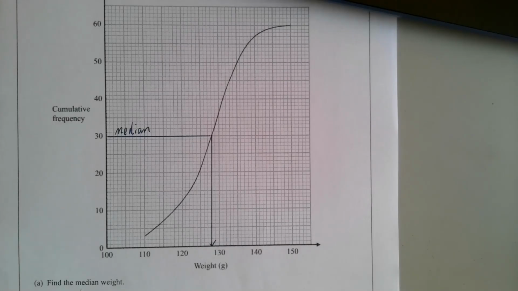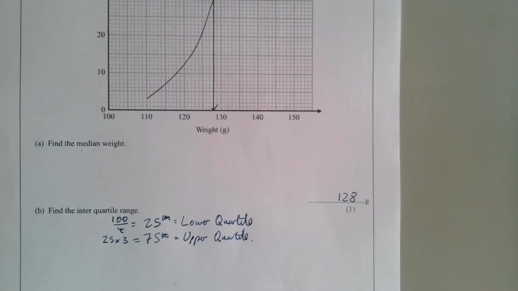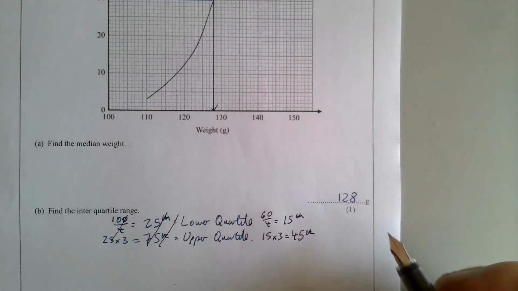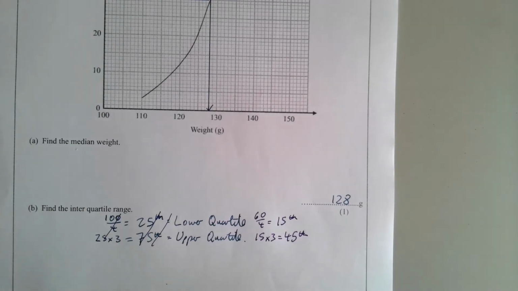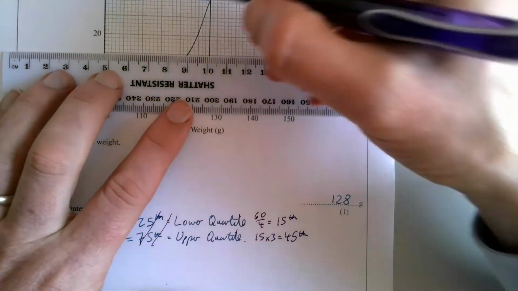Except I would if there were 100 objects, but there are only 60, aren't there? So I've got to recalculate that, sorry. So that's going to be at the 15th result and the 45th. So if we draw those in now,